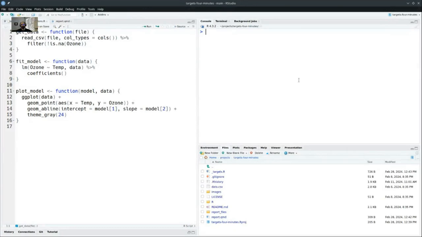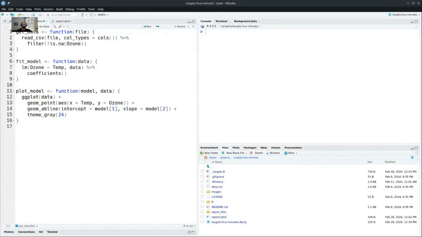So I think to identify the steps in the workflow, just conceptually, what data sets do I start with? What summaries do I want to create of those data sets? And what reports do I want to produce? That's something that would help to get really clear on. And then to think about, okay, what is transforming into what? So if I have a data set and I have a model, what are all the steps of going from one artifact to another artifact? And that's where the functions come in.